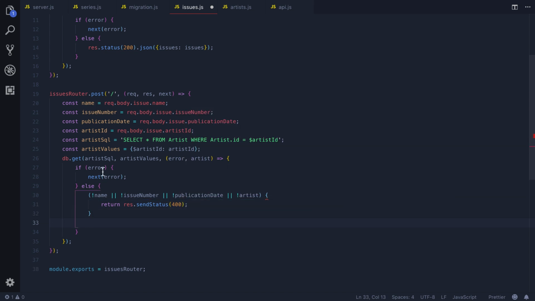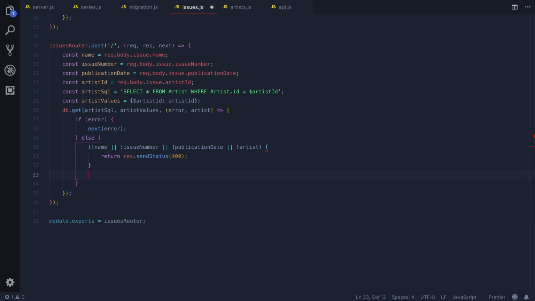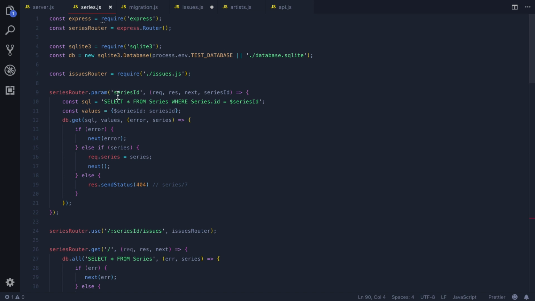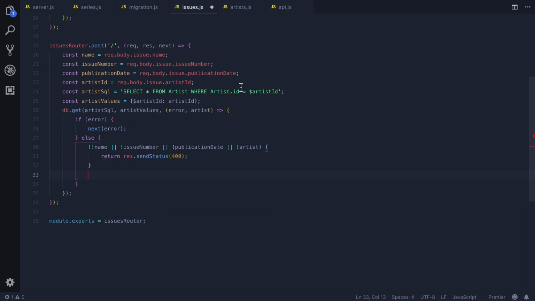Okay, looking good. So let's say we were able to retrieve information about the artist, and now we can actually insert this into the issues table. So we have access to the actual series ID from the params. So remember, we have the params here at the top. Now we have the params, and now we were able to retrieve the artist ID. So we have both pieces of information regarding the ID of the artist and the ID of the series. Without those IDs, we would not be able to actually insert anything into issues. And I just realized I missed an if statement right here. So there we go. Okay, so if that was successful and there's a name, issue number, publication date, and artist,